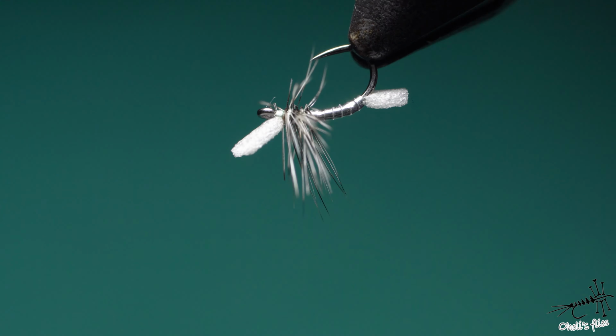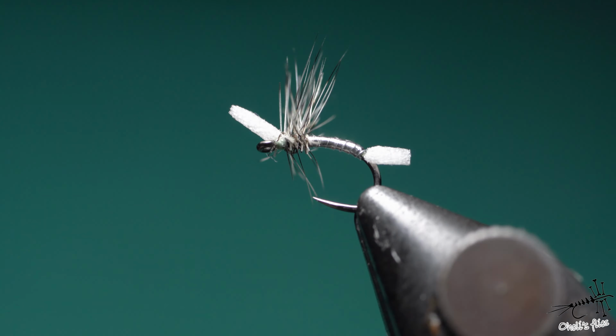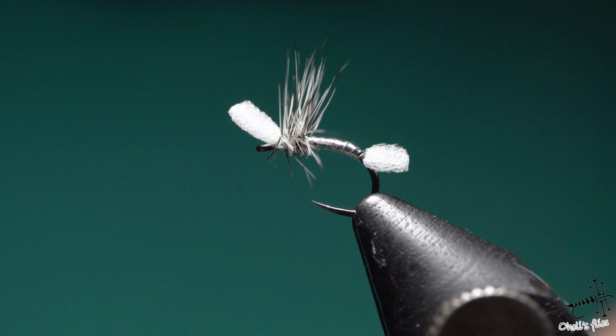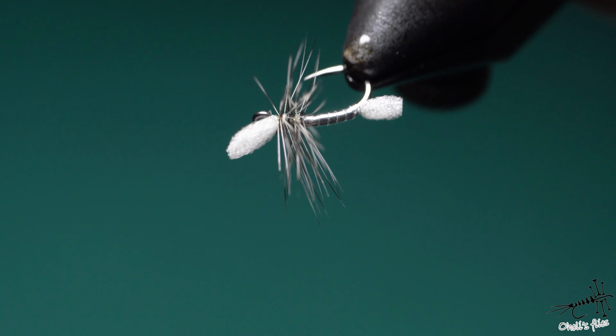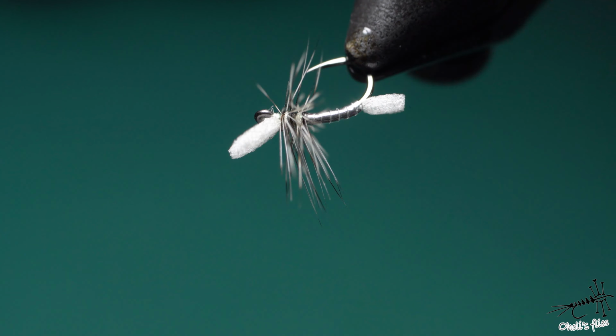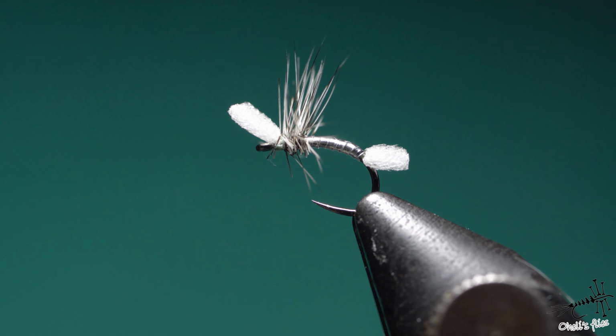Hello everyone. In this video I will tie a fly that represents a hatching midge in a very specific phase, with its back arched a little bit upwards to break free. The design is not mine. The design belongs to a man who unfortunately isn't with us anymore, Mr. George Bouvoin, and it's his design and the name it got after Bidwell Pond, where he used to fish in